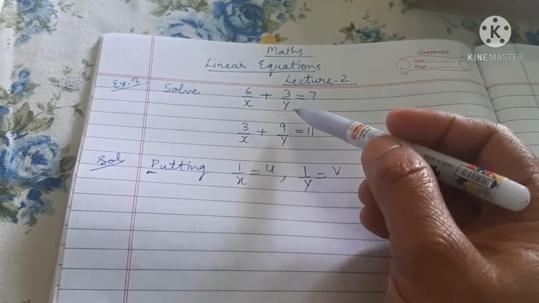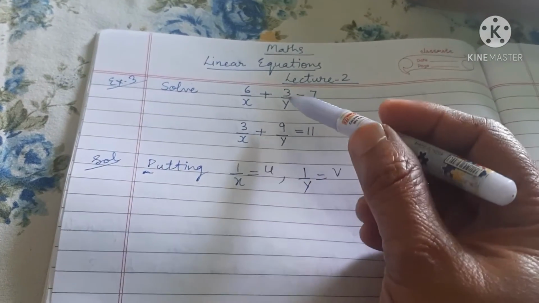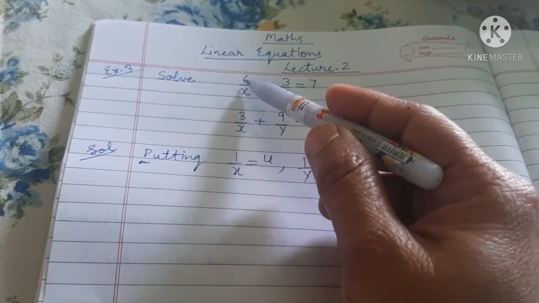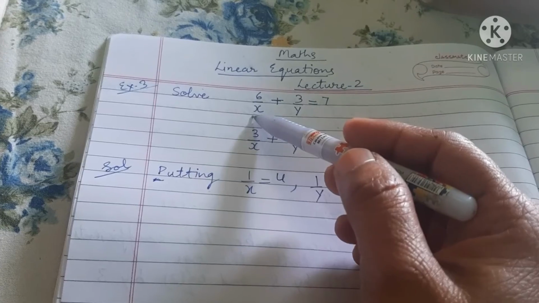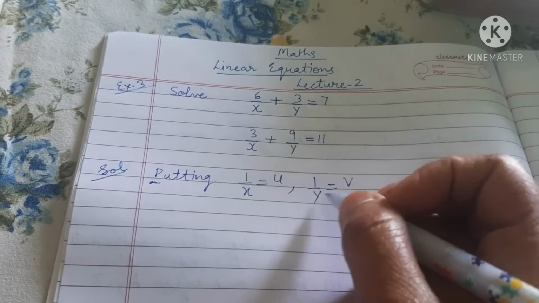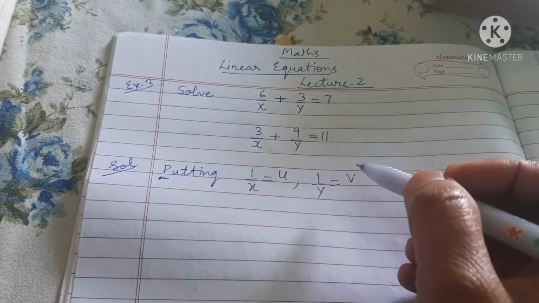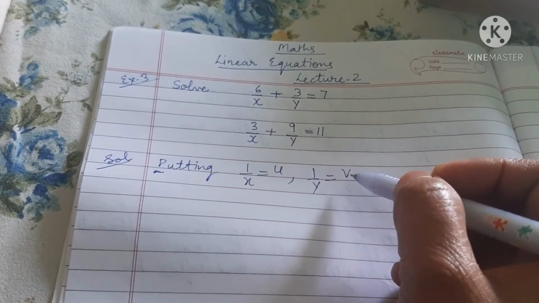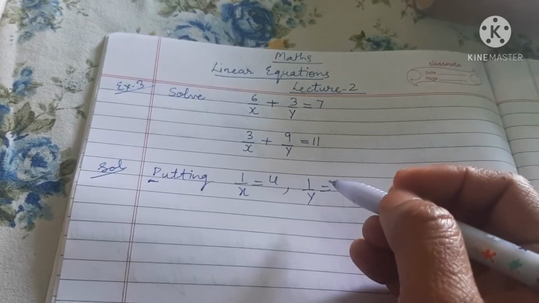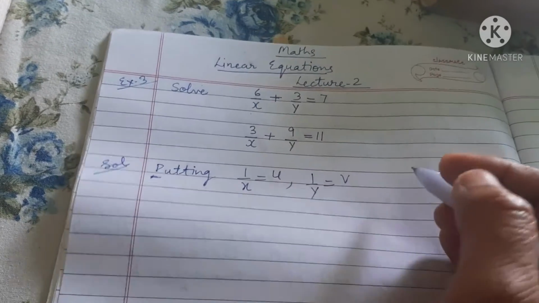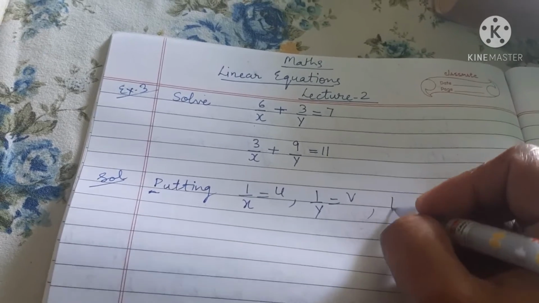You do this to simplify the equation because it looks difficult for you since it's in fraction form. So now putting 1 by x is equal to u and 1 by y is equal to v, the given equations become